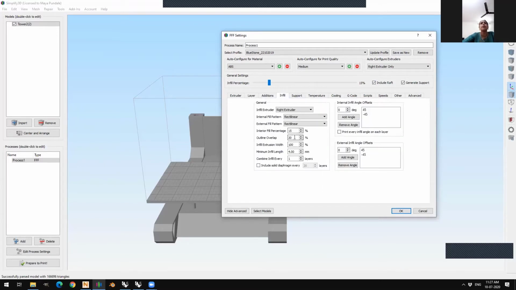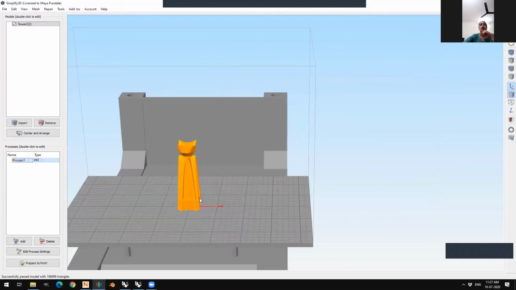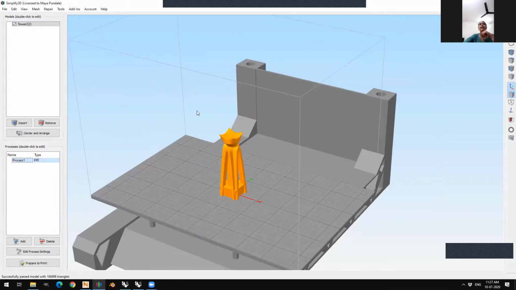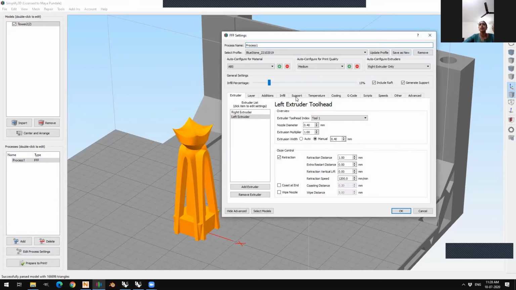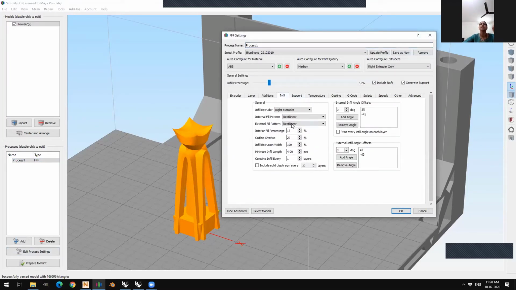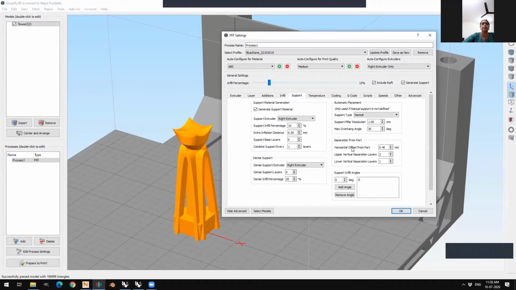Infill is the percentage that I will be talking about. See, what happens is, if you look at this particular tower right now, if I happen to build it completely, I'm going to be using a lot of material. But if this is meant only for a concept, then I do not need the entire inside also to be completely filled. So instead, what we can do is, we can have an infill percentage. You can choose the patterns and you can choose the percentage. I'll just show it to you when I print. I'll show you the print preview and you'll be able to understand this better.